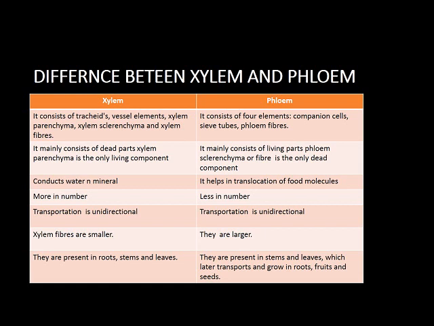Okay, children, this is all about today's topic. I hope I didn't go very fast today, and since they are very small topics, that is why I took them slowly. And I hope you have understood xylem and phloem. They are also known as vascular bundles. They are also known as conducting tissues. Okay, and children, tomorrow I'll be taking some protective tissues that are present in the plants. Okay, and with that we will complete half of the lesson.